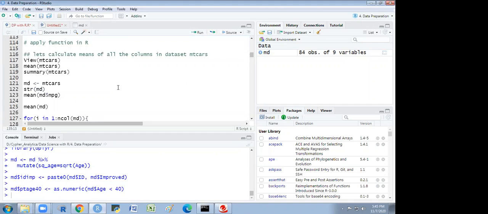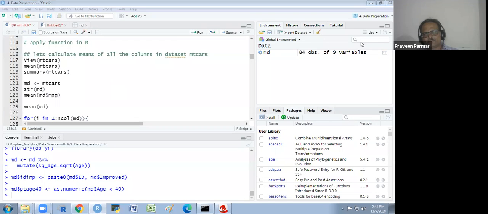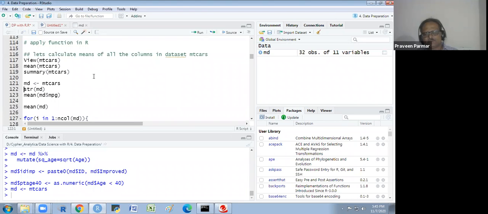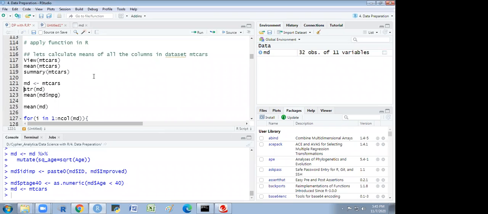So now I talk about the mtcars data. I am also taking the mtcars data as MD, so I will remove this. The mtcars data, you know already, so I don't need to explain it.